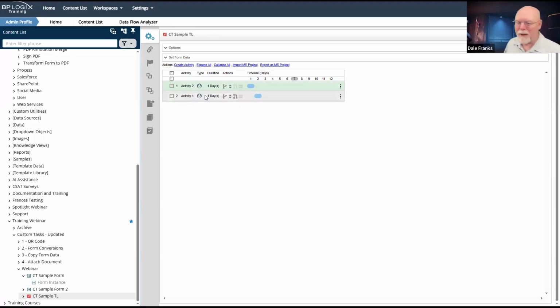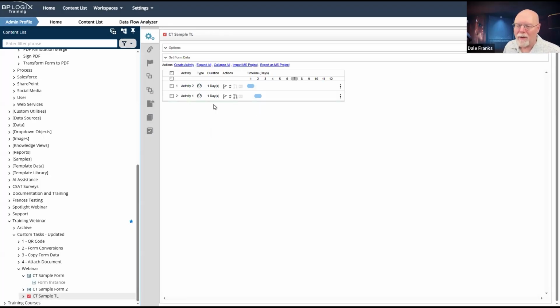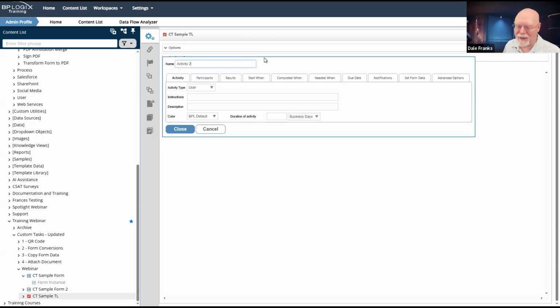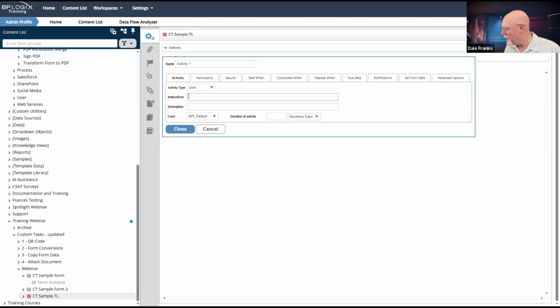We'll set the correct dependency and we'll set activity. What did I do? Did I just move them? Yeah, I moved him. I didn't set the dependency. I ain't the best at dragging and dropping, apparently. Let's go back over here to activity 2, which it is now called.